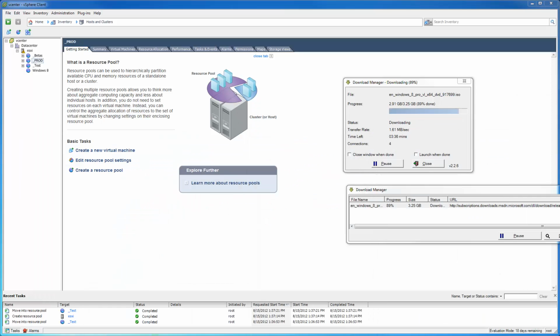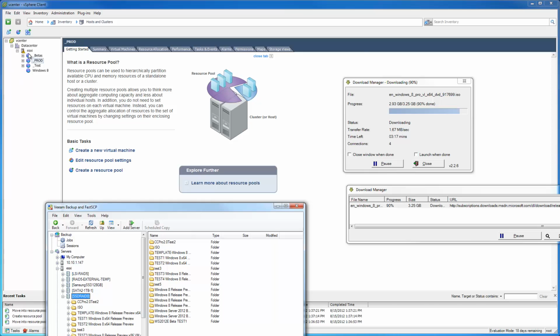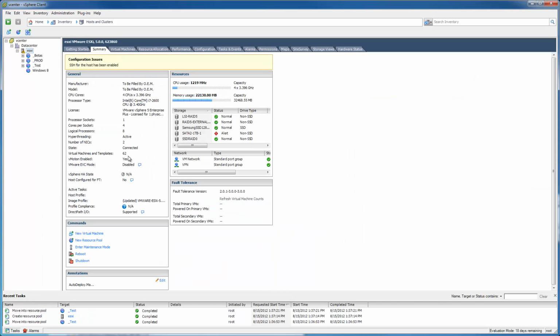The other thing we'll want to do is shove the ISO file into the data store on ESXi 5.0. Update 1 is what we're looking at here. I don't believe there's any patches, just update 1. Okay, so